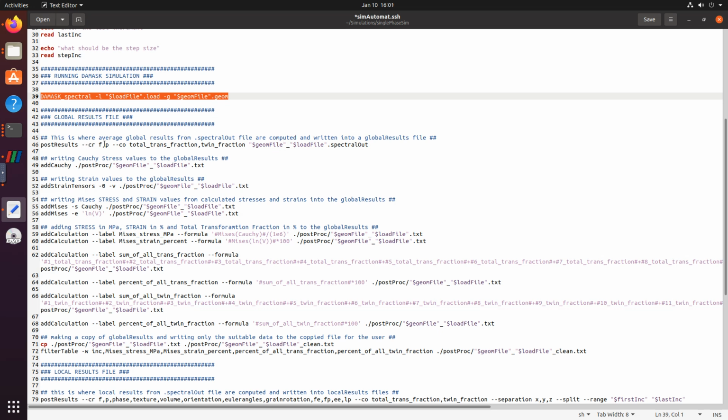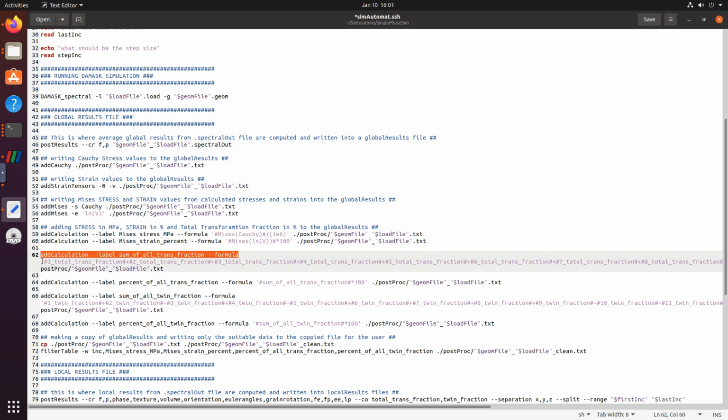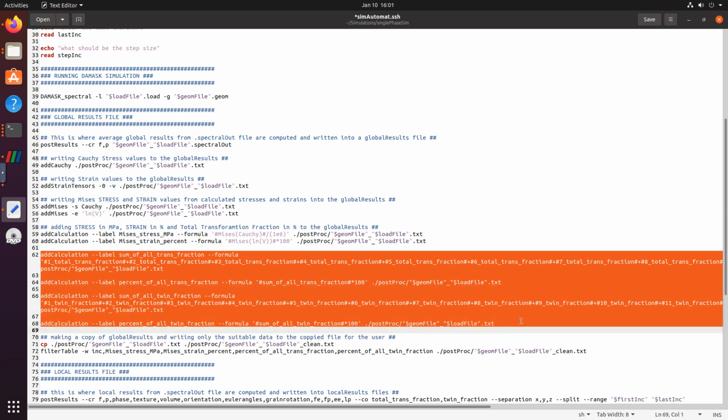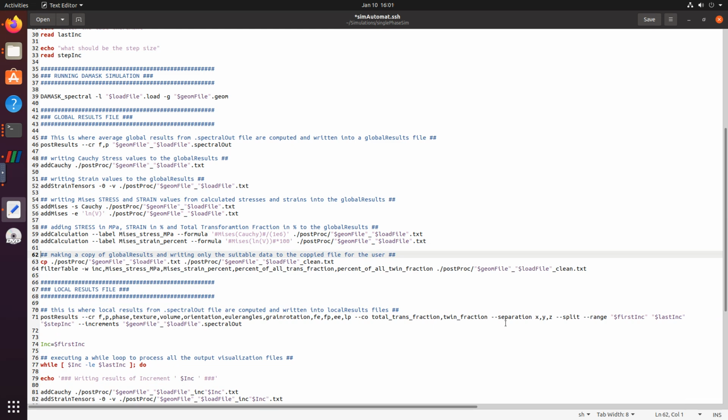Now we only have CRFP, we do not have this exported in the current case, so I will delete this, then everything is fine, and these lines will not be executed, so I will just delete them. Then it creates a copy of the results, and then it cleans up to just write Mises stress, Mises strain, and